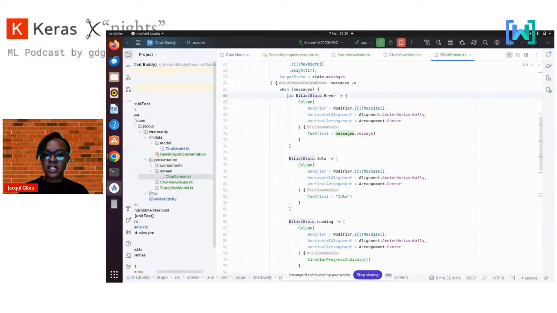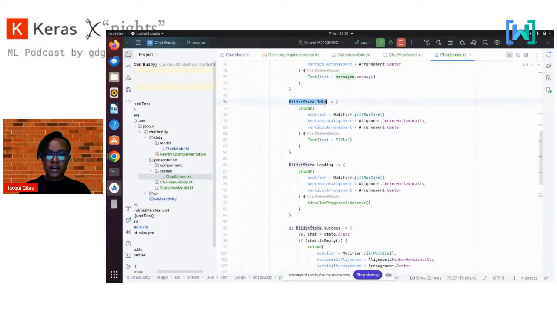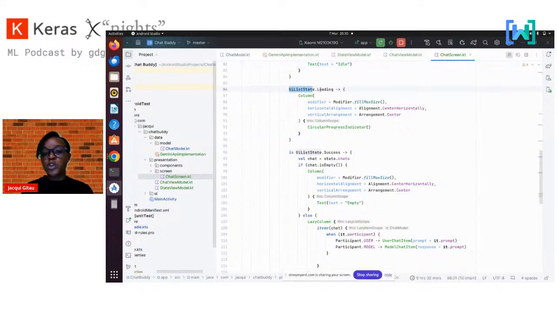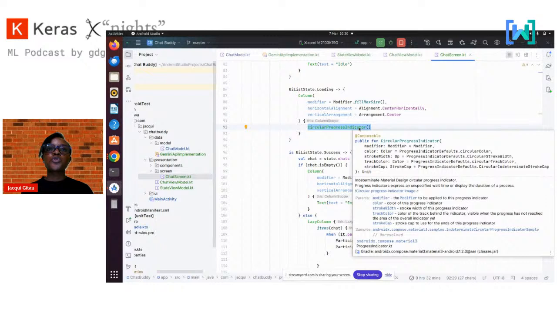So first, it checks whether the state is in an error state, and it updates the UI with an error message that's generated from the error. It also checks whether the state is in idle state, and if it's in idle state, it will notify the user that the application is in an idle state. And we also check whether the application is in a loading state. If it's in a loading state, it's meant to show a progress indicator to notify the user that